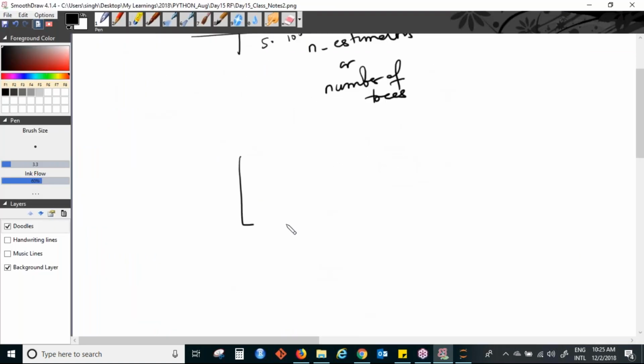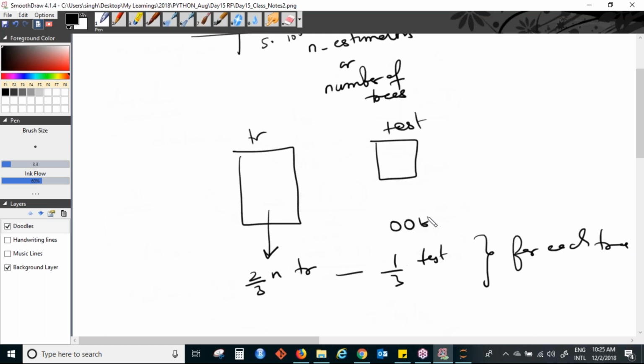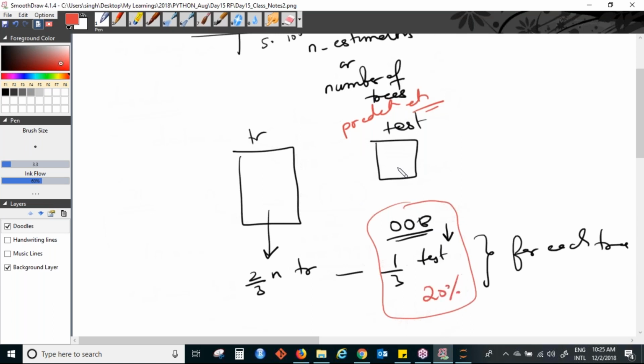So first you will have a training data and you will have a test data, right? Now random forest, from the training data, will create 2/3 of n as training and the remaining 1/3 as test. This will be done for each tree. So the out of bag error is the error on this test data, not on this one, where you will have to find it by predicting, whatever you do for all algorithms. But this is the additional thing which random forest gives you. So this error is 20%, and here the accuracy is 85%. This is what we are getting.